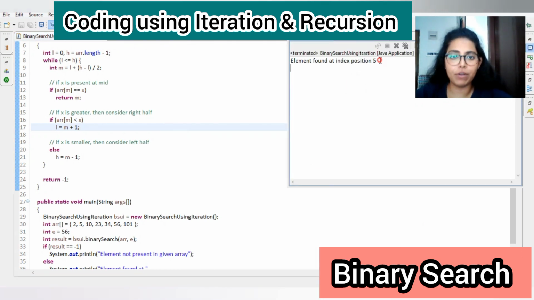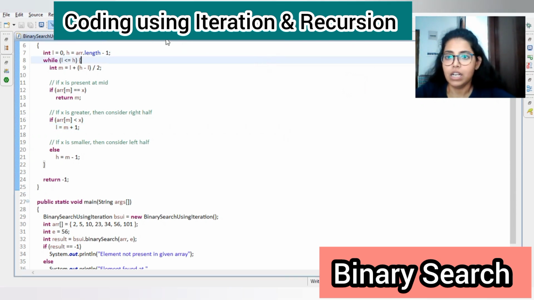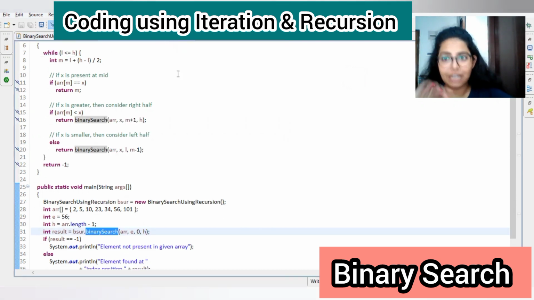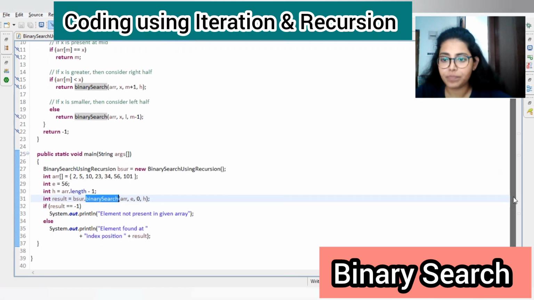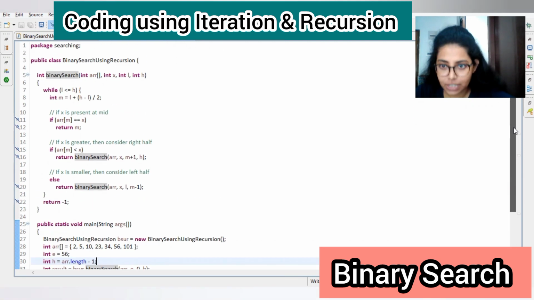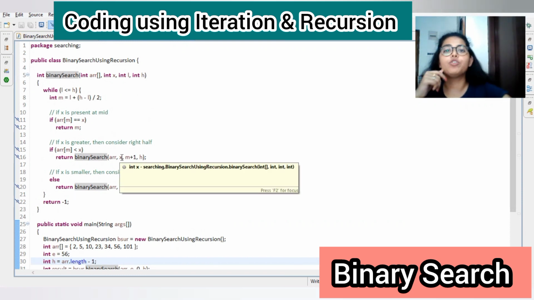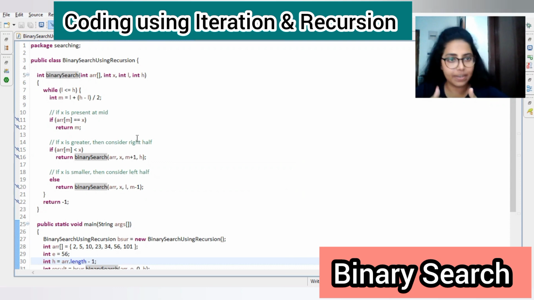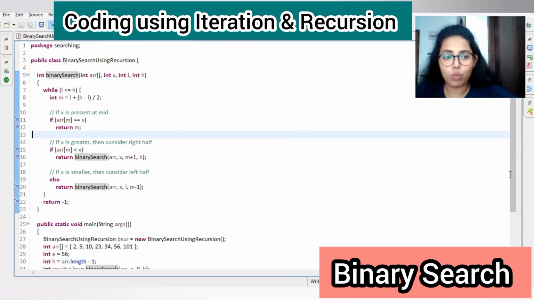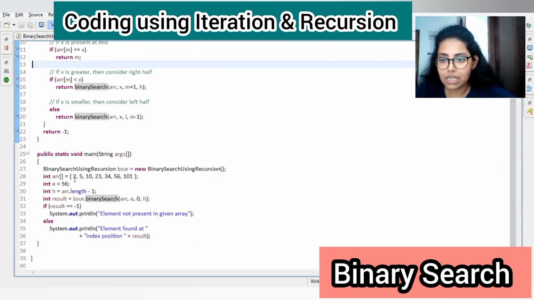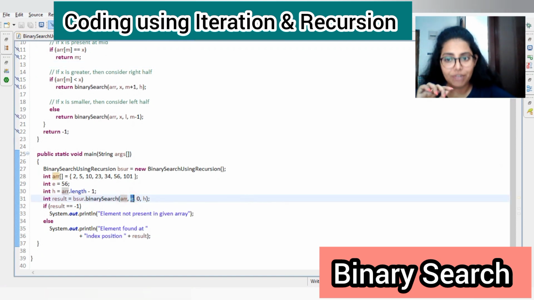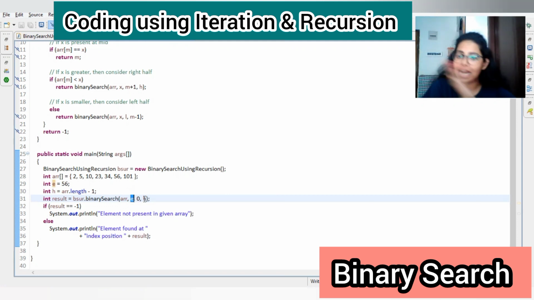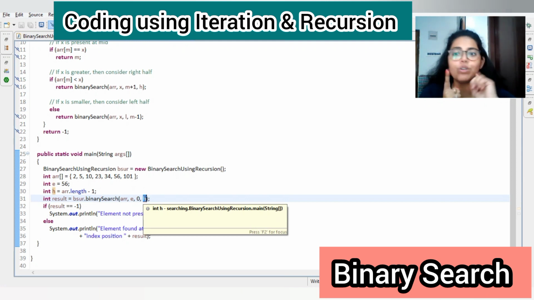See, element found at index position 5. So similarly, I have done the binary search using recursion. In case of recursion, we have to keep in mind that recursion is nothing but you have to call the same method again and again. So what happened here is, that is why we are passing the array, the element we are trying to search, the lowest index and the